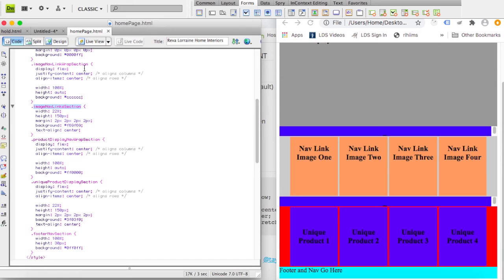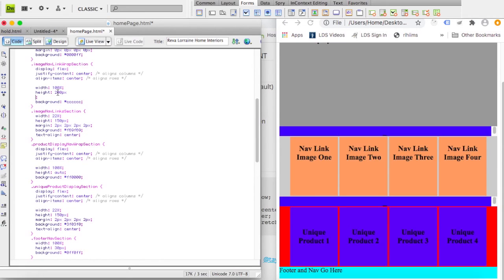Now you'll notice that the justify center aligns columns this way, and the align items center goes the other way, and let me kind of explain that. Right now I've got this on auto because I'm letting this determine the height on 150 pixels. I'm letting this determine the height because these boxes are 150 pixels high. So because the box they're residing in is auto, this is taking on the same height as the box that I'm putting in there. But if I was to go 200 pixels on that and then come over here and refresh this, you can see that